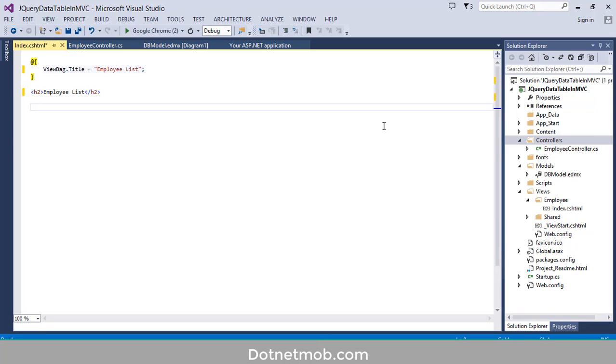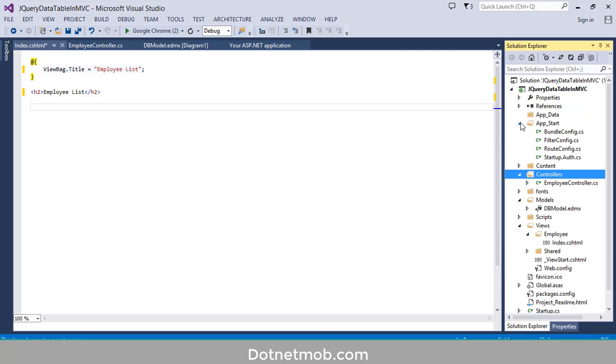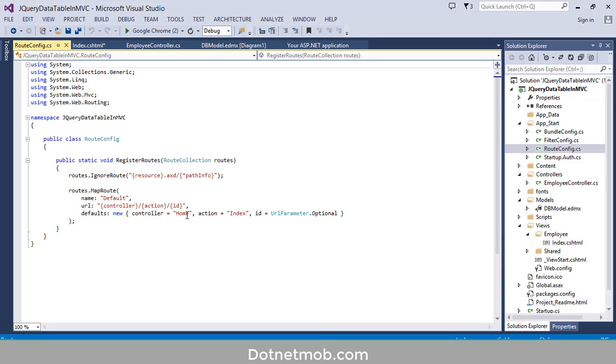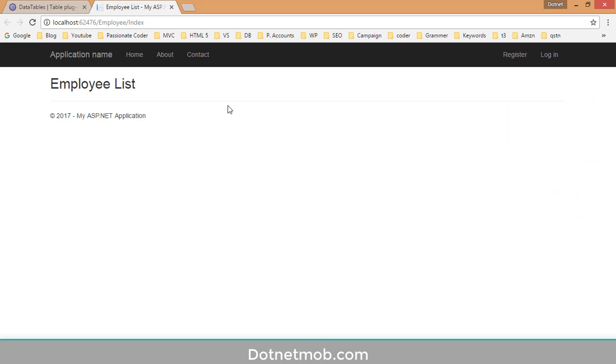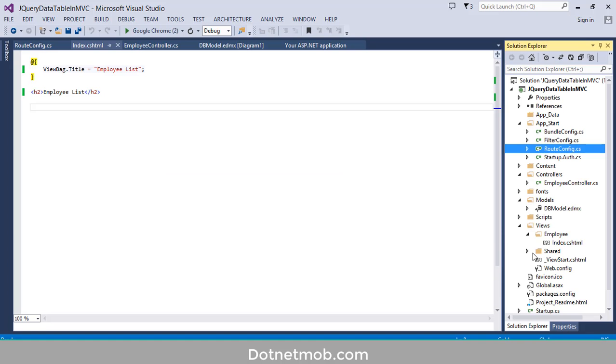Let me change the default controller. For that, open App_Start, then go to RouteConfig.cs file, then change this home into employee. Now let me run this application. For that, you can use the shortcut control F5. Currently our application looks like this. Top navigation and footer comes from the default layout page that you can see here inside this shared folder